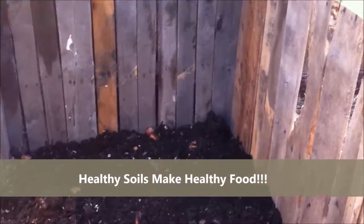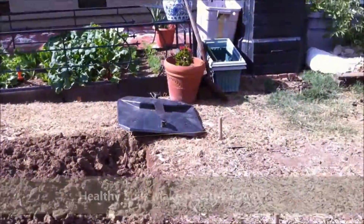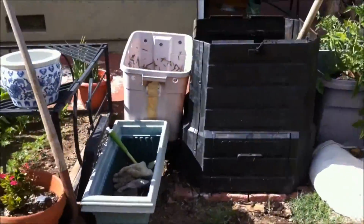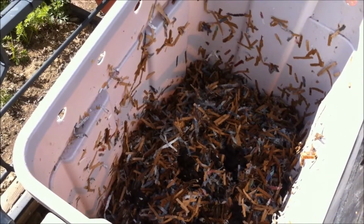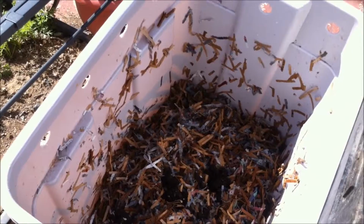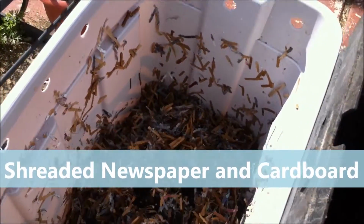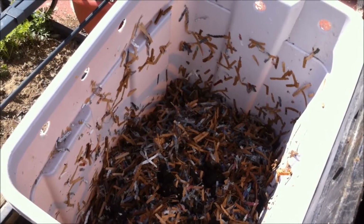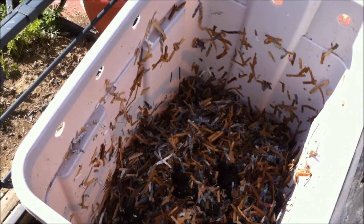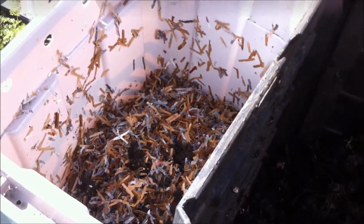And I'm just building this up layer by layer, where I'm putting down a dry layer, whether it be shredded newspapers like I've got over here. I've got some shredded newspapers over here because I'm actually salvaging some of the compost worms out of this pile and starting a different worm box. But there's some of the shredded newspaper and some of the shredded paper. I just used a standard document shredder to do this. So we're going to take this mess, salvage some worms for a new vermicomposting bin,